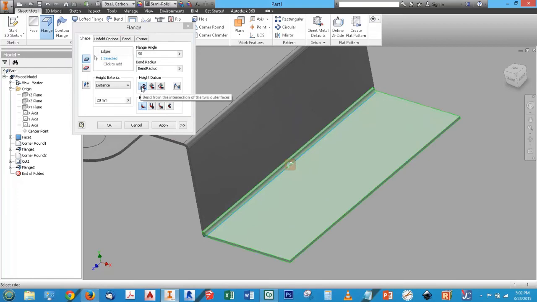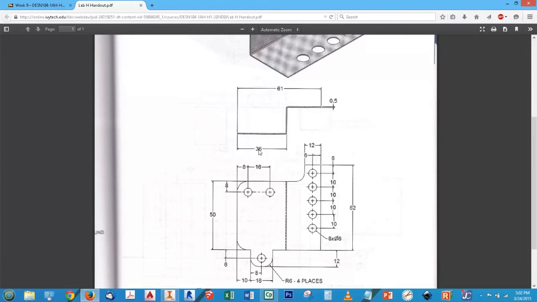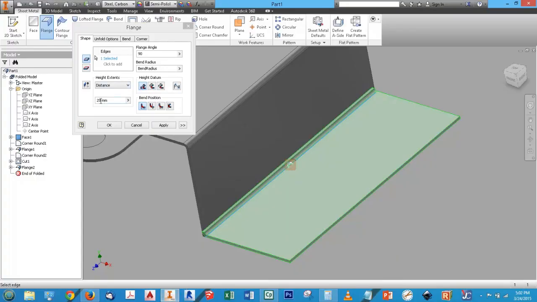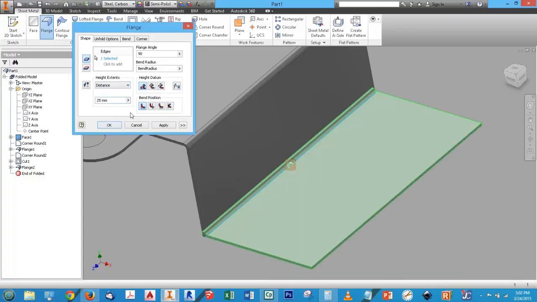I'm going to measure outside to outside, and we know that we have 61 all the way across, and we have 36 to this first flange, and it's measuring to the outside right here. So what I really need to know is what do I have left over from here to here. So if I do 61 minus 36, I've got 25 from this edge over to the end, or 25 and a half if you go outside to the end, because we have 0.5 millimeter thick sheet metal. So I'm going to go 25 and pick my other option on the inside here,